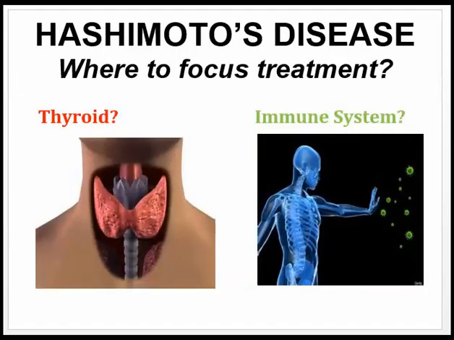Hashimoto's is another example of endocrinology gone totally in the wrong direction. Hashimoto's is an autoimmune disease in which the immune system targets the thyroid gland, and it is the number one cause of hypothyroidism in the United States. So it needs to be tested, because it determines whether you're treating a thyroid condition or an autoimmune condition. And that is vital as far as the success of that patient.